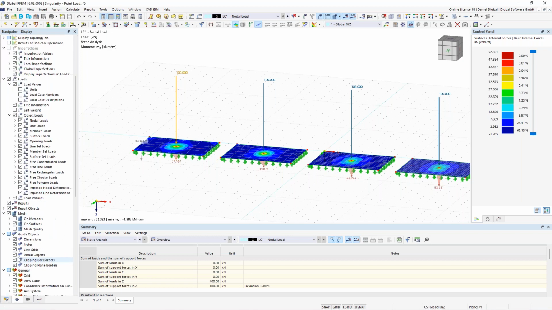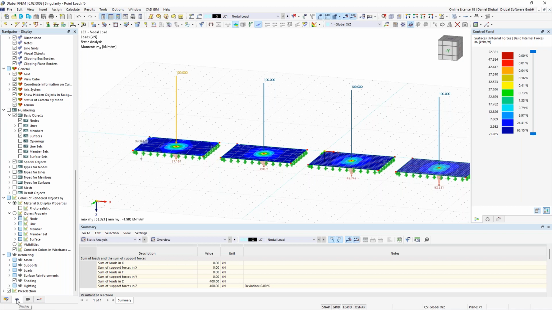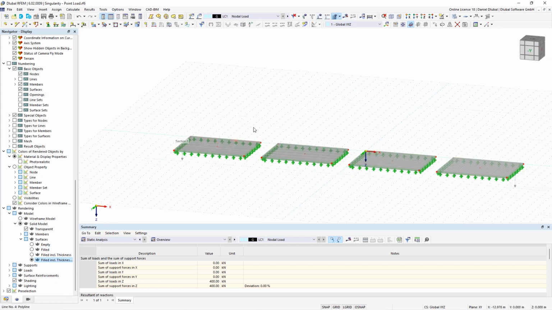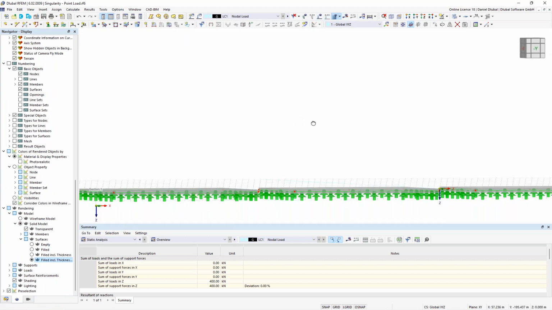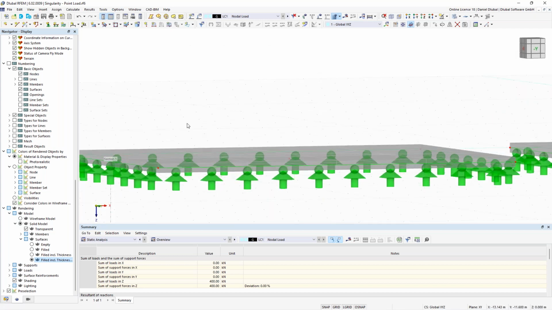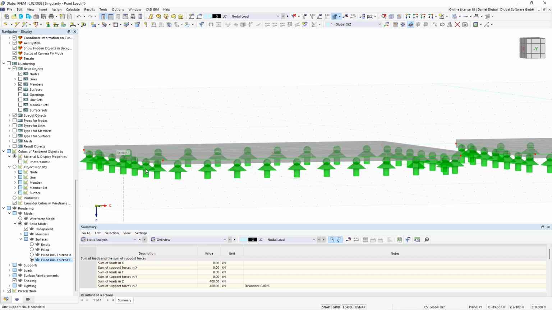I go to the display navigator, activate the model, activate these surfaces, and click here, filled include thickness. So this is the thickness of your model. 200 millimeters. And normally for concrete structures, we have a